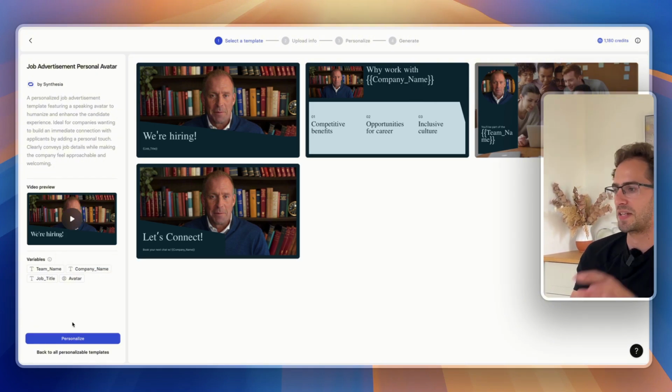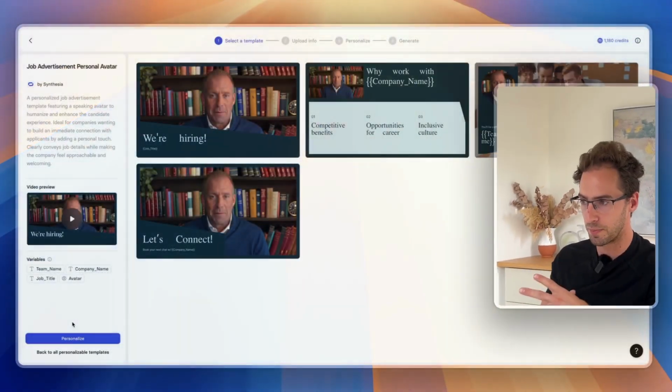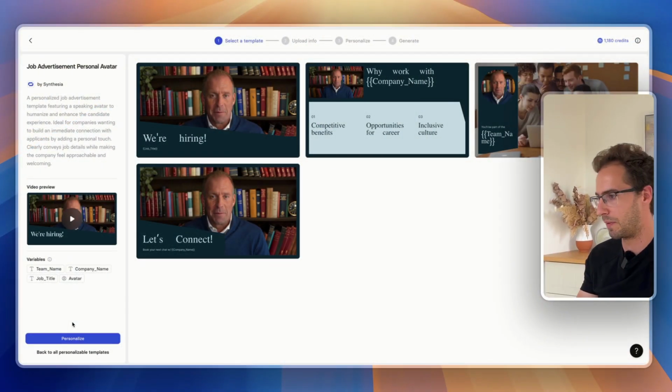What I'm curious about is how we can get that information in here. At a basic level, I'm expecting we can upload a file. I would be a bit more impressed if we can do this via integrations, like connect it directly to our CRM, or be able to pull stuff in from a URL. I know some of the competitors allow us to do that, so I'm curious to see if Synthesia allow that. So,